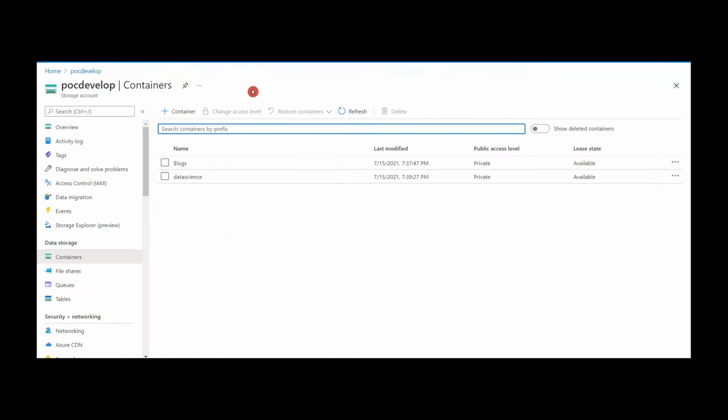This is the Azure Data Lake Storage that I have created for this demo. Here, POC develop. Now we are going to develop a data science POC project. That is the reason I have created one Azure Data Lake Storage with this name. So this is the account name. In our previous slide, we have seen we need to retrieve three parameters. POC develop is the account name. And within this account, I went to the container section, and I have created one container called data science. So this is the second parameter, data science.